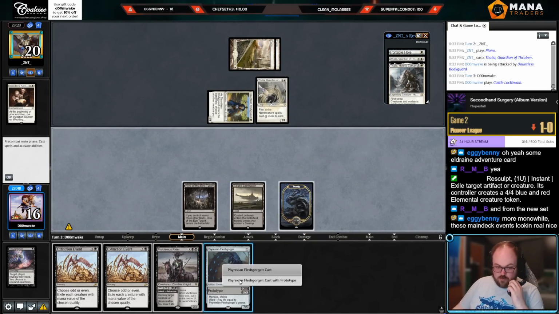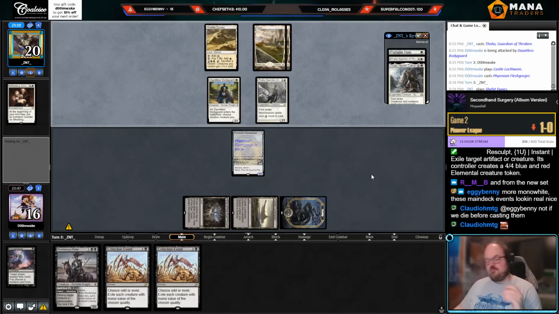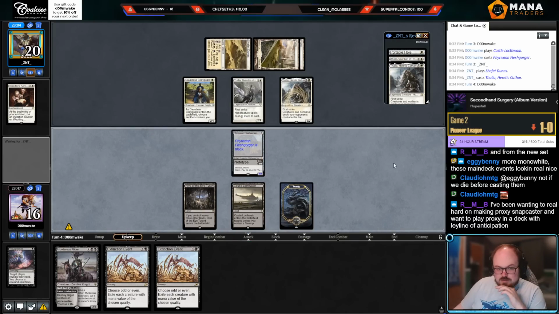That's not a bad one. They can't Portable Hole that thing. Yeah, we still need to find 2 more lands to cast them. Making Proxy, Snapcaster and Let's Play Proxy in a deck with Leyline of Anticipation, huh? Oh, because you can Proxy...